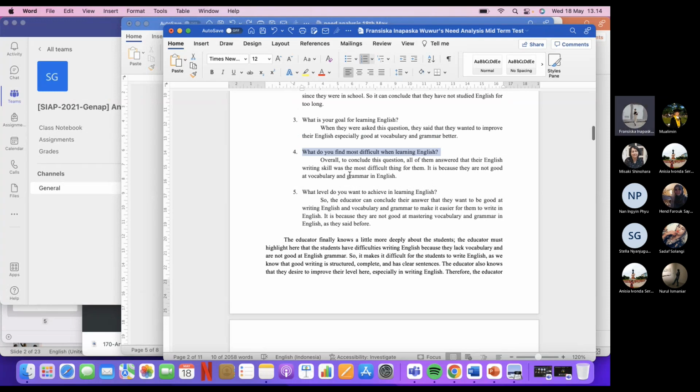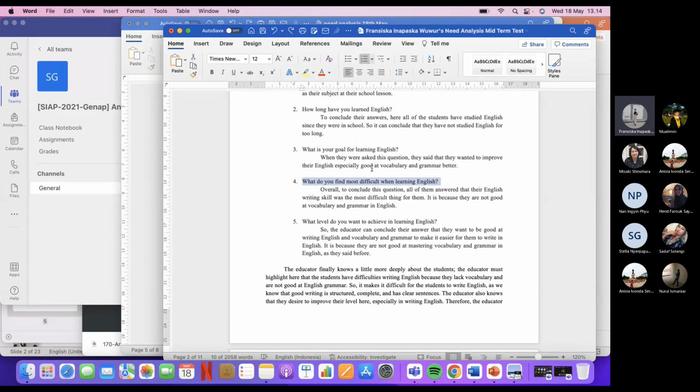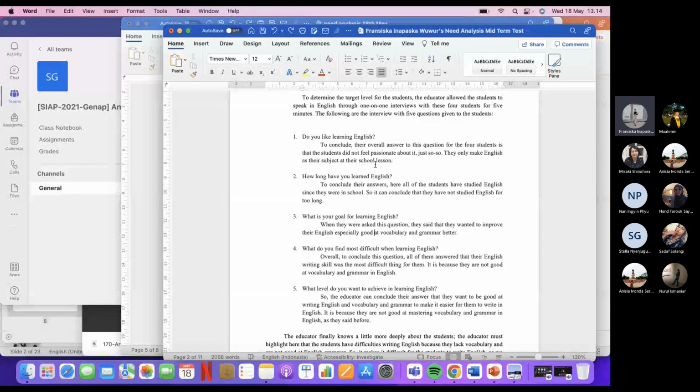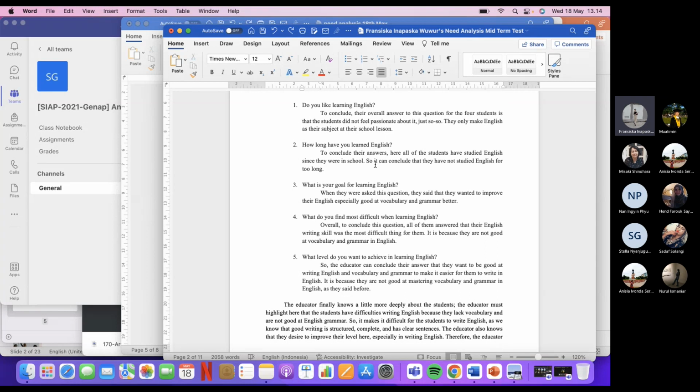From their answers, I conclude that they have difficulties in writing English. They said they lack vocabulary and are not good at English grammar, which makes it difficult for them to write English. I also know from their answers that they have a desire to improve their level, especially in writing English.